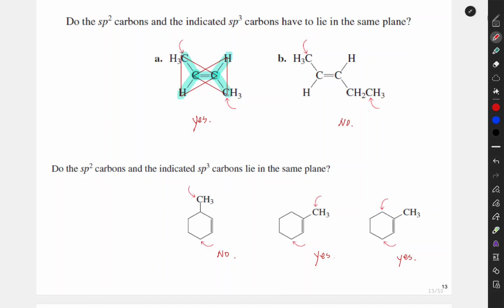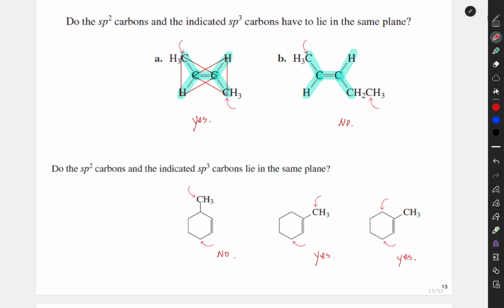You can also draw from this central carbon the triangular plane. Then you know that this carbon and this carbon have to be in the same plane. Because these are in the same plane, and these are in the same plane, these and these are in the same plane, and these should be located in the same plane. By which you know that these two have to be on the same plane. And